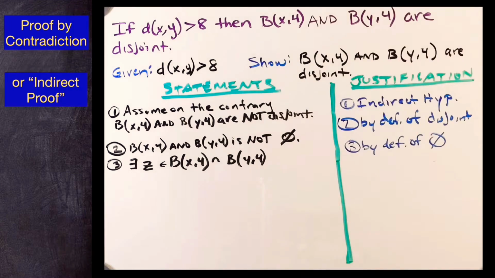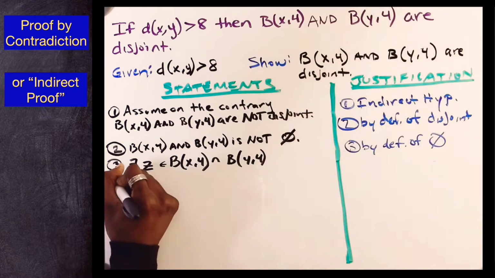And then because there's no empty set, there is a point or many points of intersection. Let's go ahead and move on to line 4. Now we mentioned a point of intersection in line 3. We called it point Z. So what does it mean for point Z to intersect with both of these balls? Well, it means that, I'll put it in line 4,